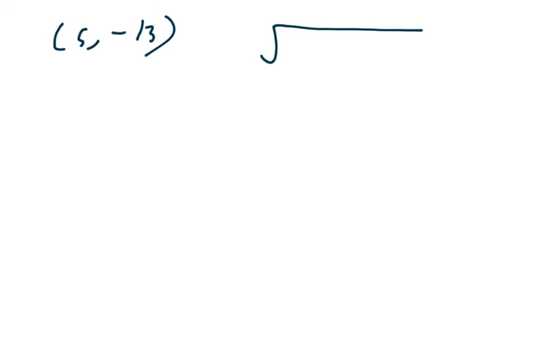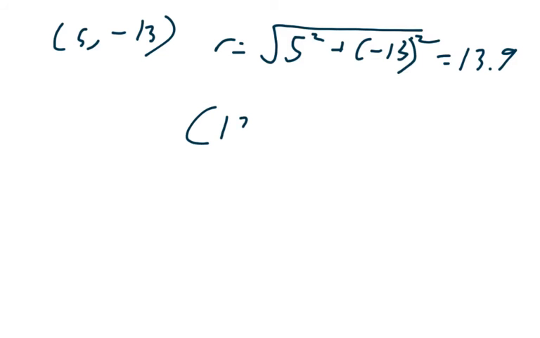And so the first thing is that r is equal to the square root of x squared plus y squared. So when I plug in the square root of 5 squared plus negative 13 squared, it turns out to be 13.9. Now 5, negative 13